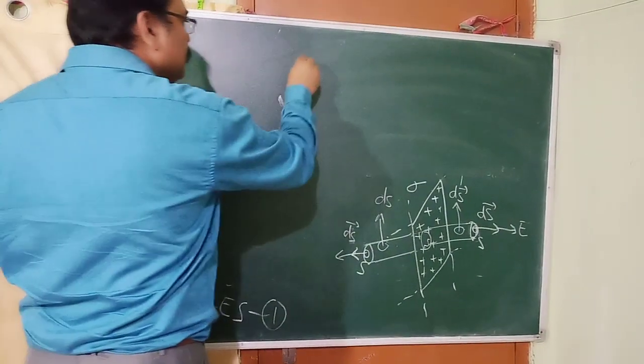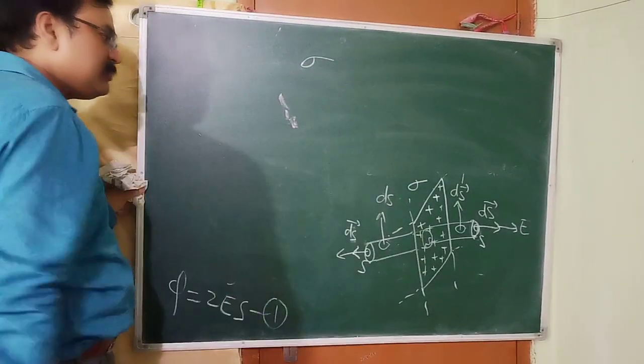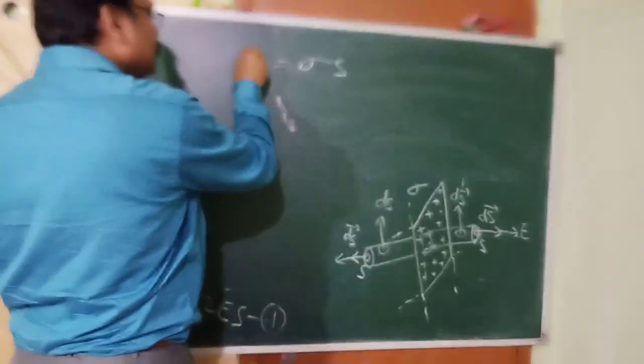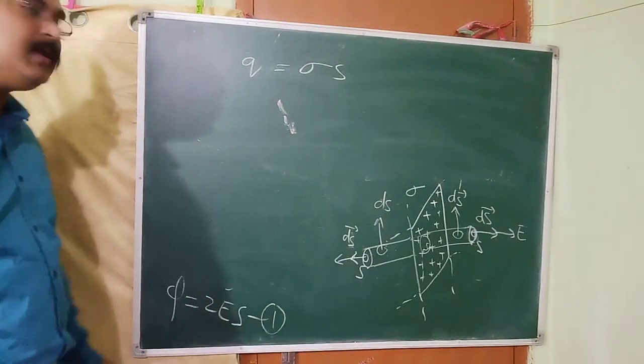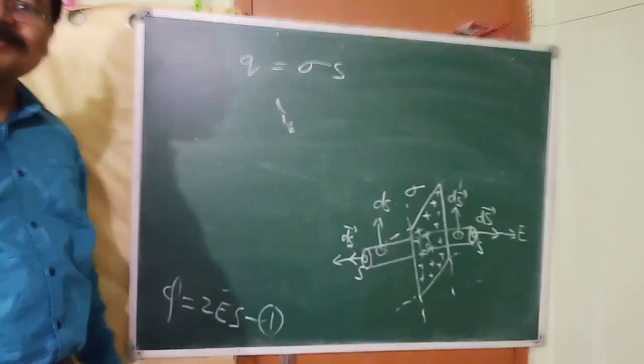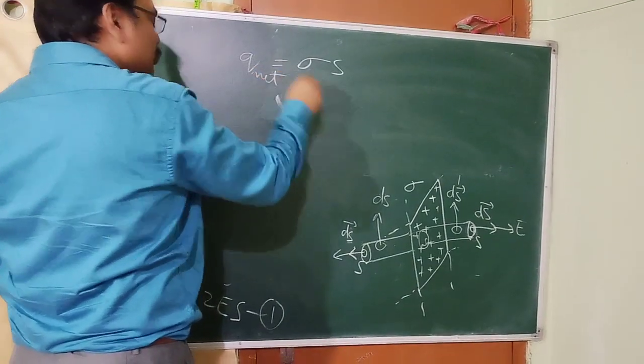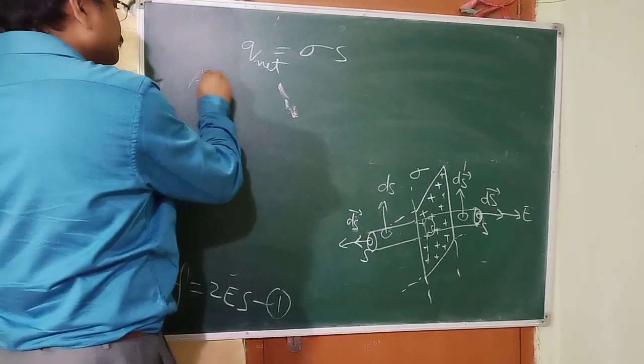So, when the charge per unit area is sigma, that is surface charge density, then what is the charge on this surface S? So, Q is equal to sigma S. Because Q by S is equal to sigma, that we know very well. So, this is the net charge enclosed by it. So, according to Gauss law,